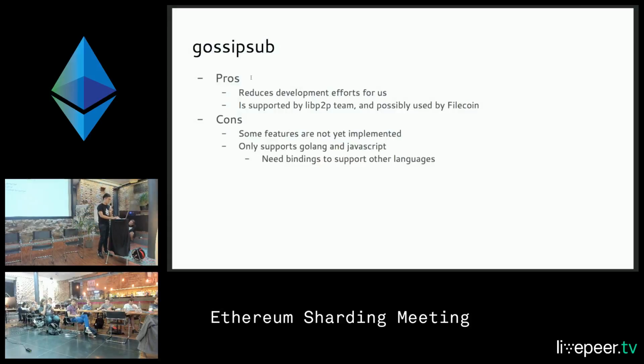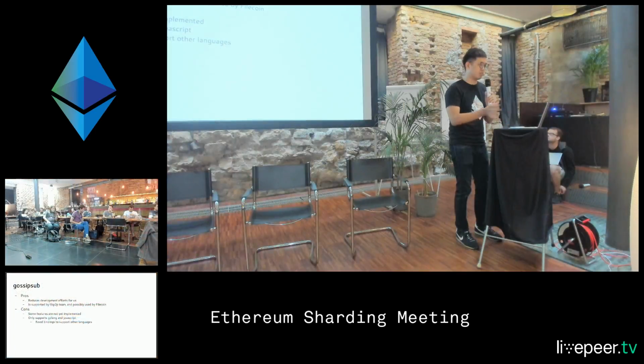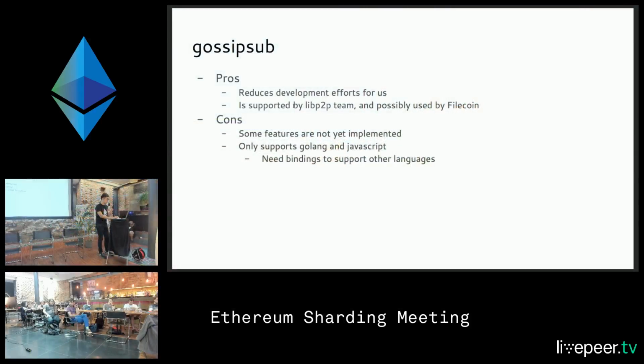In my opinion, the pro of using Gossipsub as the P2P layer is that it reduces the development effort for us, because we will no longer need to solve the complexity of maintaining so many shards simultaneously, and it is also supported by the libp2p team, and it possibly will be used by Filecoin.